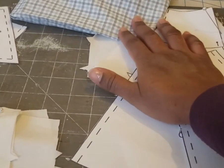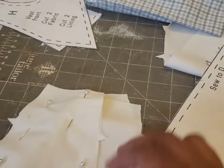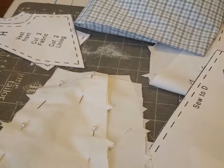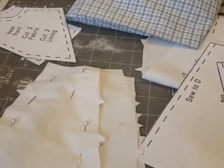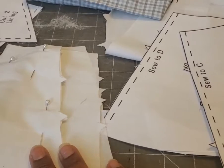So I cut out the skirt and the bustle and the vest, and the lining in some cotton. My dad brings home these cotton rags from work, and it's a really nice light cotton, almost even thinner than bed sheets. Really nice. Perfect for sewing. So I cut the lining out in that. Now,